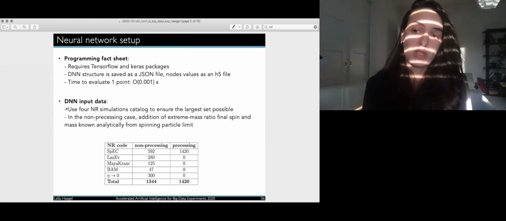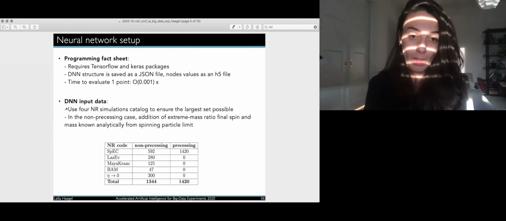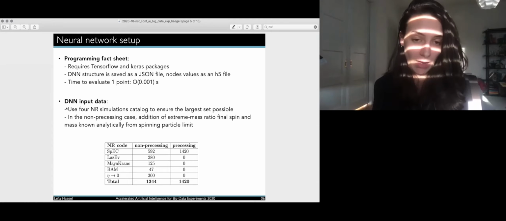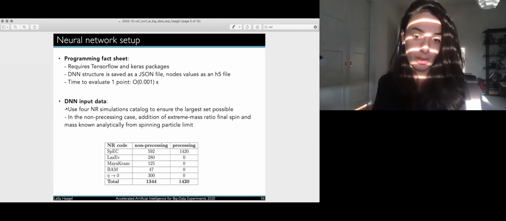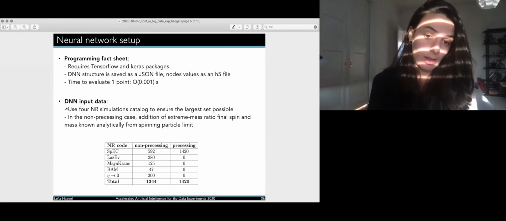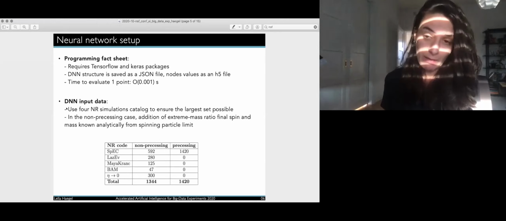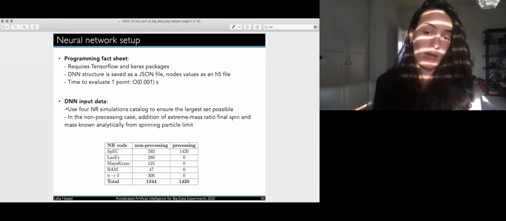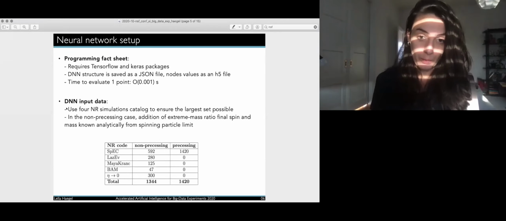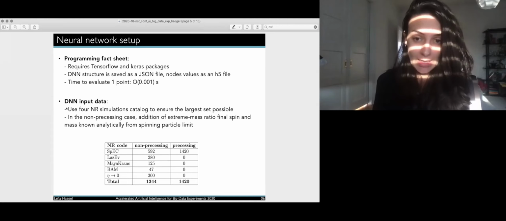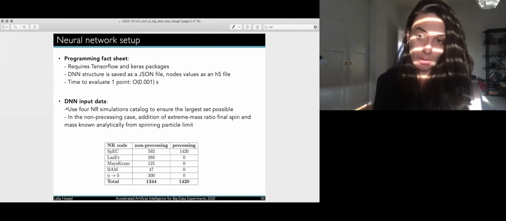However, they are very computationally intensive. And when we look at what we have as catalog from different codes, in the end, we have about 3,000 events, even less than that, of which we can classify that about half are for non-precessing black holes and the other half are for precessing black holes. So this is not a huge catalog compared to modern usage of neural networks. However, it is still enough to be able to predict with quite high accuracy the final properties of the remnant